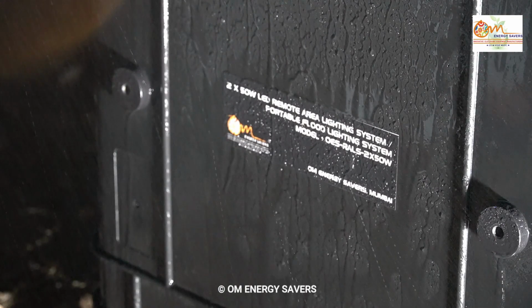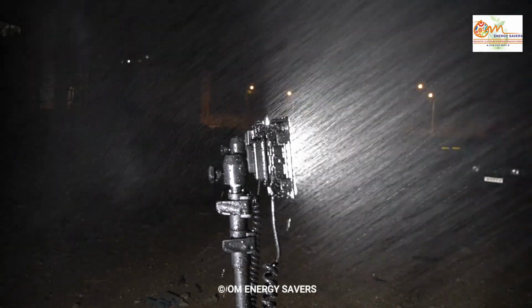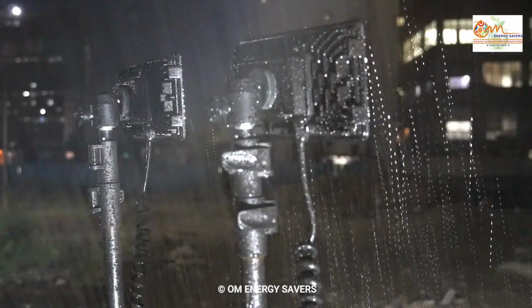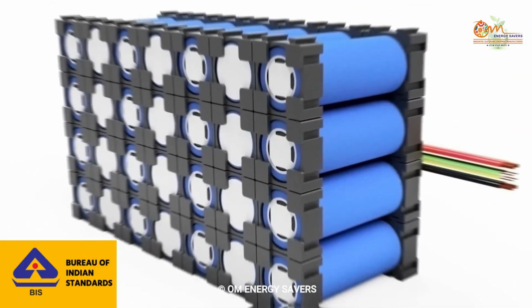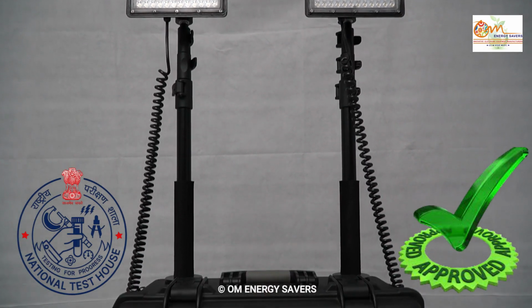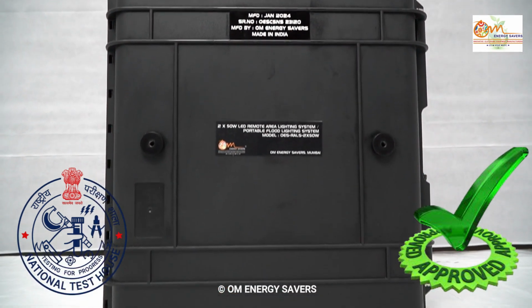With an IP65 rating, the system is designed to function seamlessly, even in heavy rain, ensuring uninterrupted operation and durability in harsh weather conditions. The system operates on a high-capacity lithium-ion battery pack, which has been certified by the Bureau of Indian Standards, BIS, ensuring reliability and safety. The system has undergone rigorous testing at the National Test House, an entity under the Government of India, affirming its